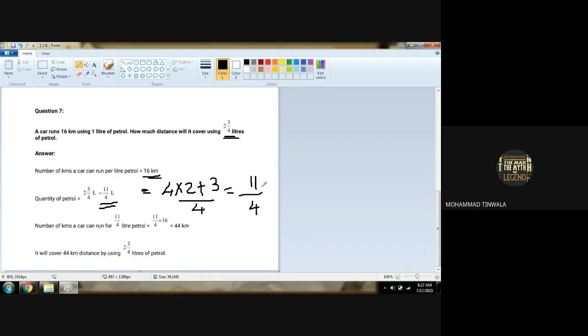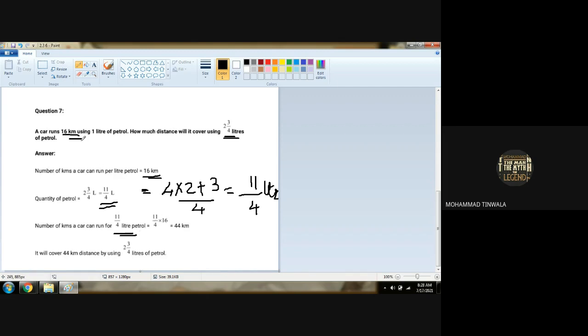Now check out 11 and 4. Are we having any common table that can divide each other? No. So 11/4 liter as it is. Any doubt here, boys? No, sir, no doubt. Now number of kilometers a car can run on 11/4 liter of petrol, multiply by